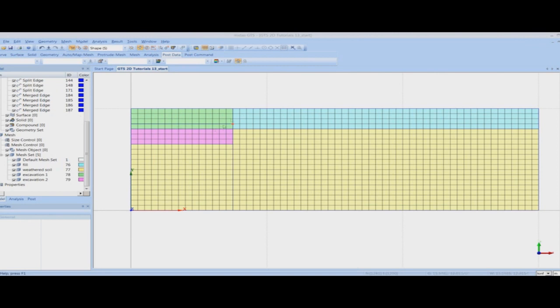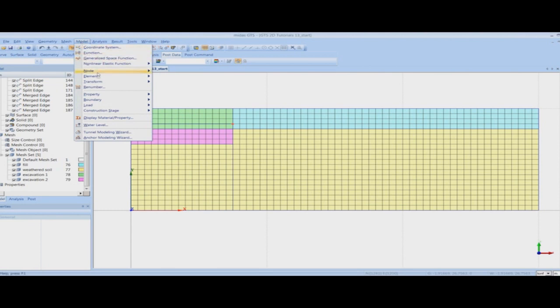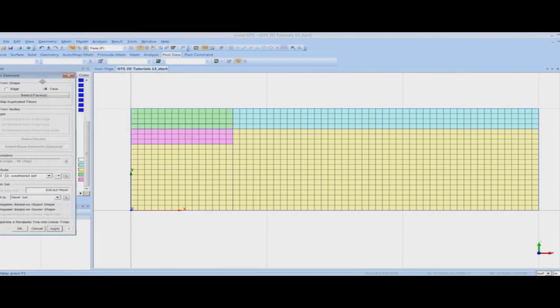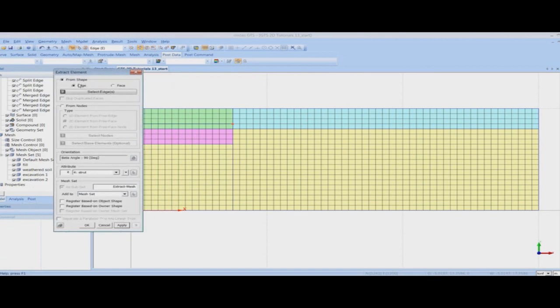Now let us create the element for the wall. For the creation of the elements for the wall, I will extract an element from the nodes and provide it an attribute for the wall. For that I will go to model, element, and extract element option. Since it's a 2D model, I will extract an edge.